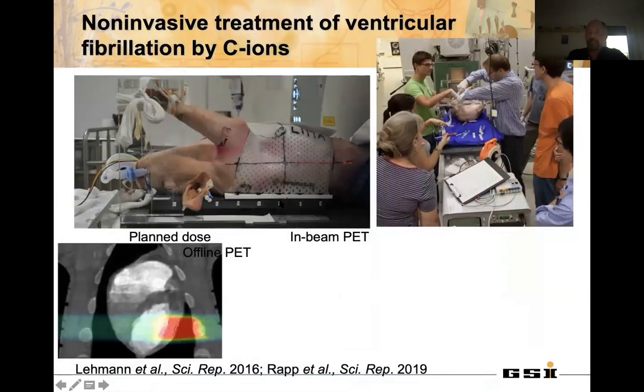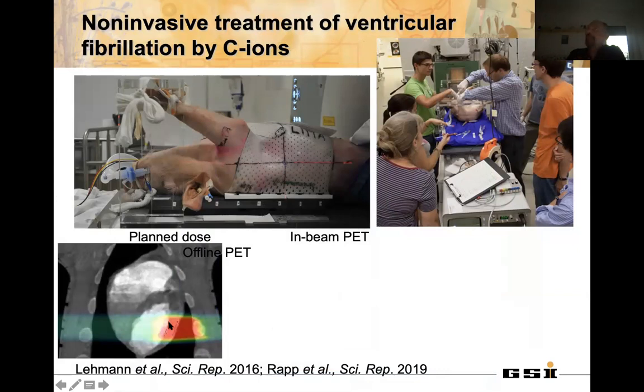We treated the swine model. You see, that's our experiments in the same cave that you have seen before with the patients. We use now that cave. We have no more patients at GSI, but we can treat pigs. And the PET, you see how useful it is. This is the treatment plan,